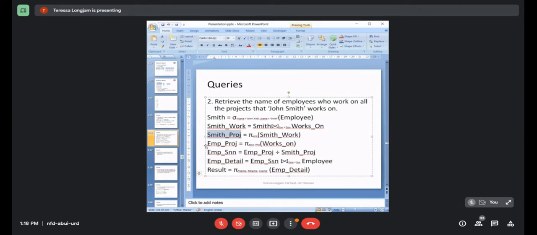Okay, after that, this particular expression means you can even do it without projecting, by the division operation between Works_On and Smith project, and it will work. But the only important thing we need is the ESSN value of the employees who are working on the same project as John Smith, isn't it? That is why I'm projecting ESSN and project number only from Works_On in order to get it. Okay, ESSN, project number. What we are going to get is